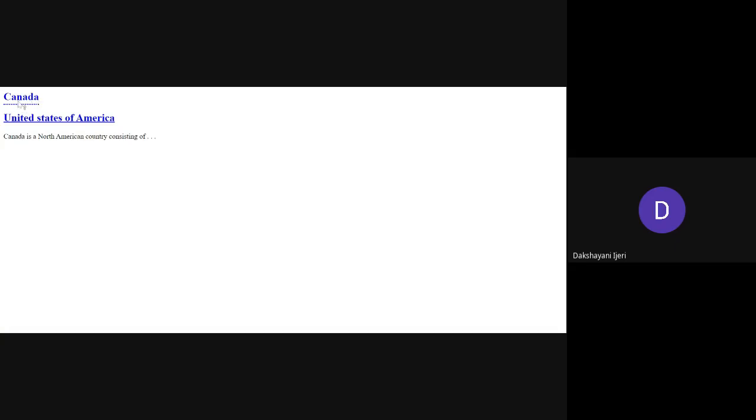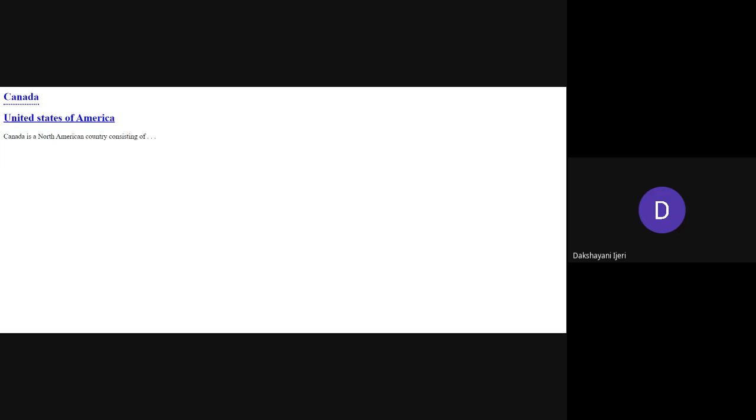Okay, so the color of the text is blue over there, and then you can see the padding at the bottom is 3 pixels. That is not going to make much difference here, because you have very little content in the web page. The border bottom is 2 pixels, dotted blue, isn't it? And you don't have any text decoration there, right? So this is how you can use the attribute selector.